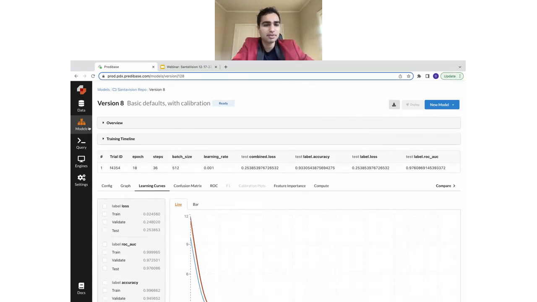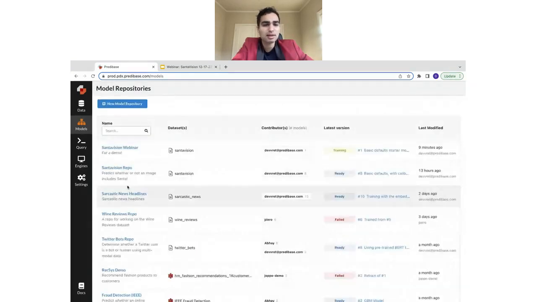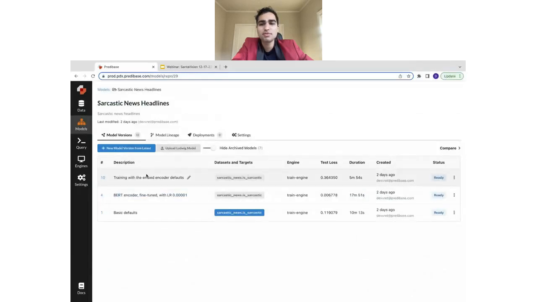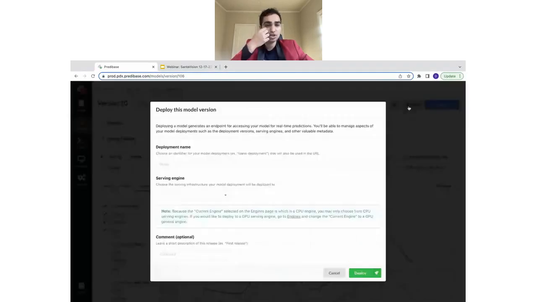through another example, which is when I click into a model version, I can click deploy, and I'll choose a deployment name as the really only required field. And then we will automatically suggest a serving engine, which you can override, as the infrastructure on which that model will run inference from. And I can leave any comments that I might want as well. What this will return is a REST endpoint that you can use to ping this model